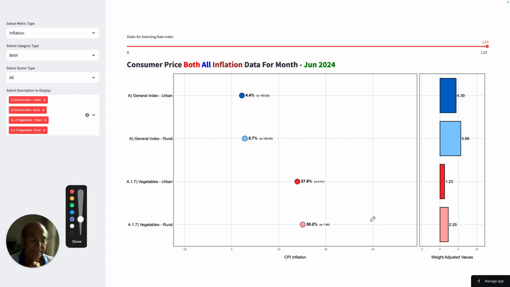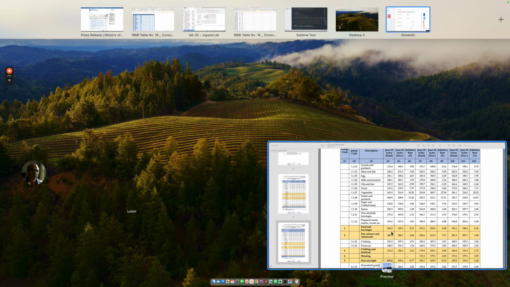Looks like in rural areas, there are certain structural issues to manage. Since I could not do it for each and every item, and since the video is of shorter duration, it's not possible for me to tell the whole story, and you can play with the tool yourself to understand this a little better. One item let's choose is cereals and products, which also has a weight. What is the weight of cereal and products? Let's look at this.